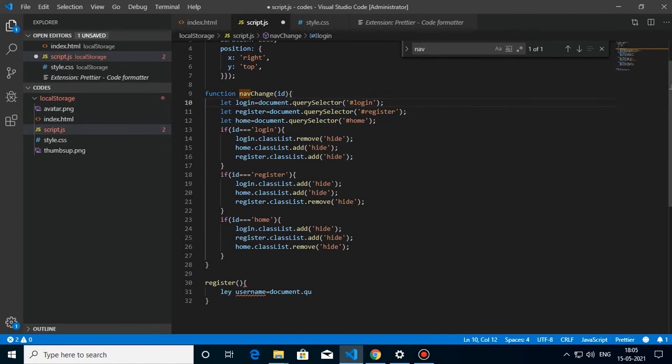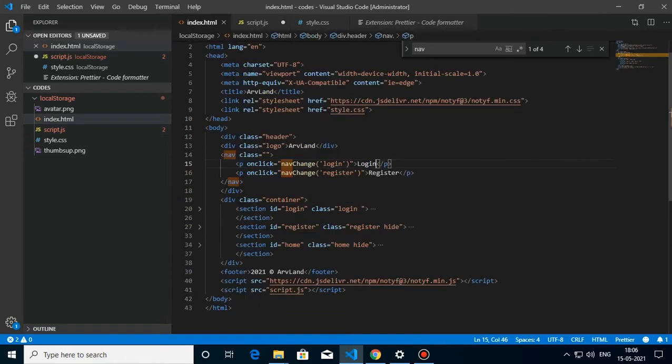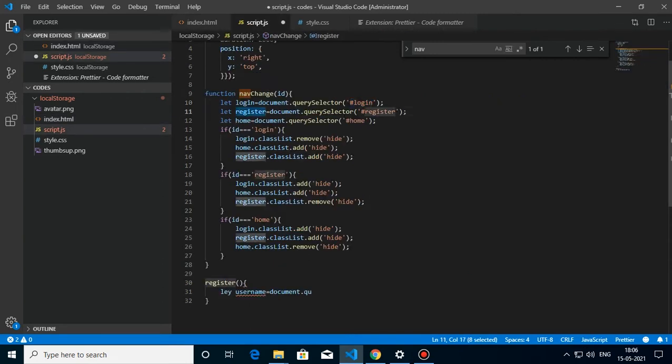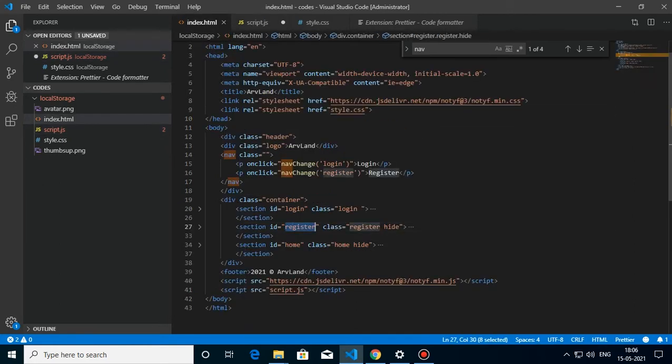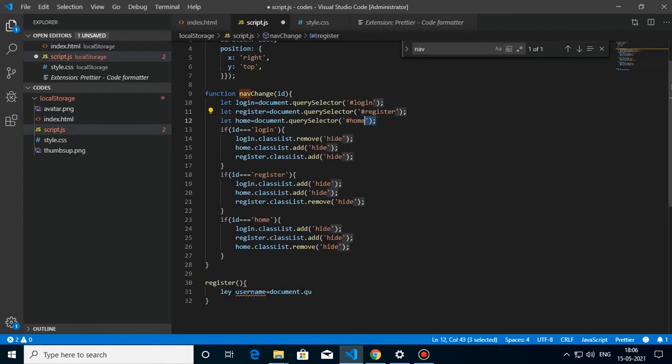Document.querySelector will point to the element which has an ID of login, which is this one, and in the register variable document.querySelector will be pointing to the element which has ID of register, which is this one. Same with the home also. So now we have three variables: login, register and home, which are pointing to the HTML element having the same ID tag.